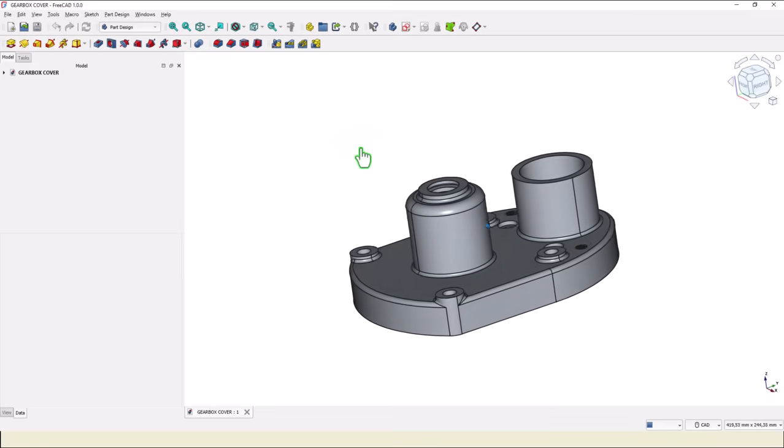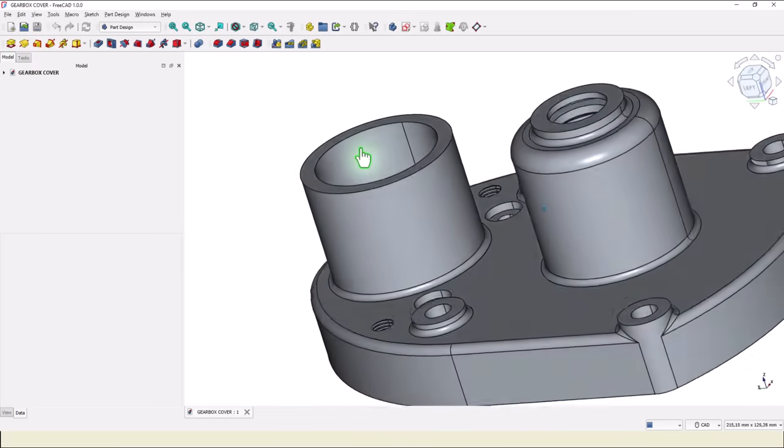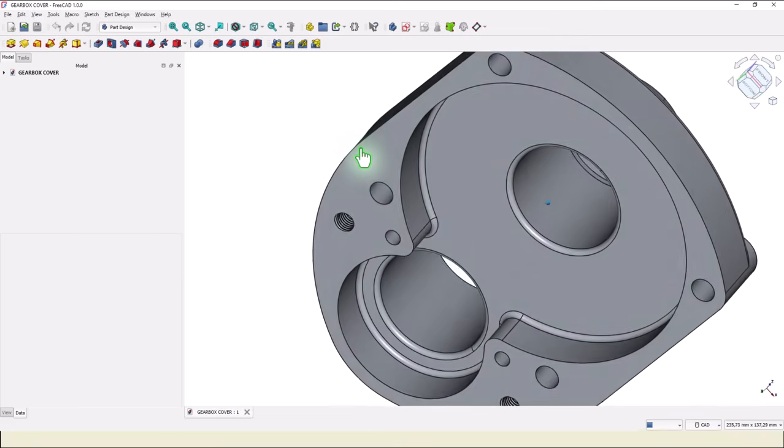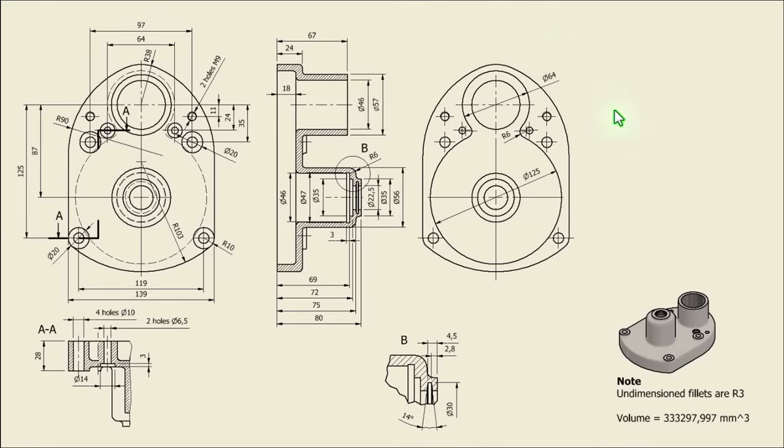Hi my friends, today we model this nice part and this is the drawing. We start by creating this contour with all dimensions,